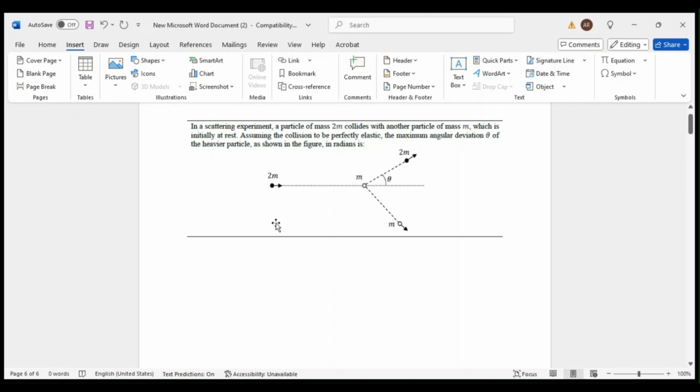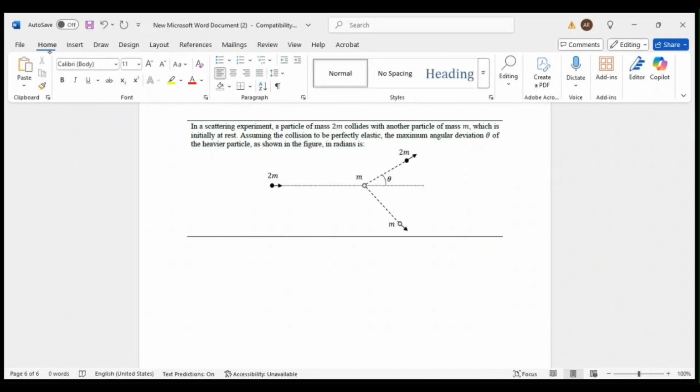Let us consider this question. It is a question of collisions in two dimensions. In this question, it is given that there are two masses, 2m and mass m. 2m is in motion and m is at rest. After a head-on collision with m, the two masses